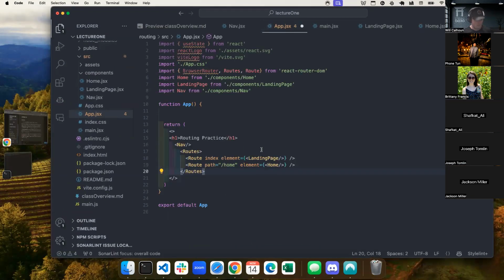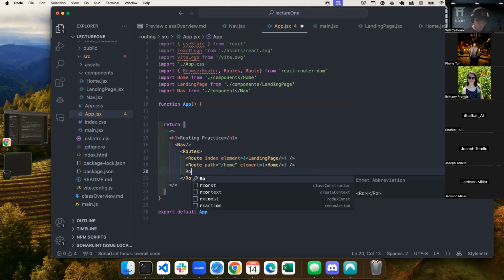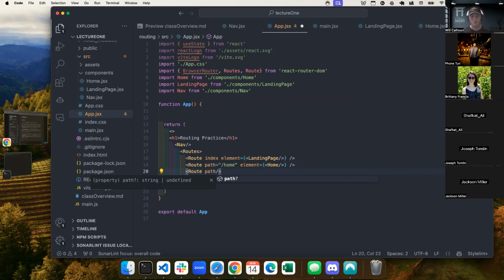Let's go into my app.jsx and let's create another route. That's going to have a path. It's going to be self-closing. It's going to have a path. And so in our path, let's do it kind of normal. So let's say that I want to show a word. I want to grab a word from my route and I want to be able to show it. Say the word is blank.